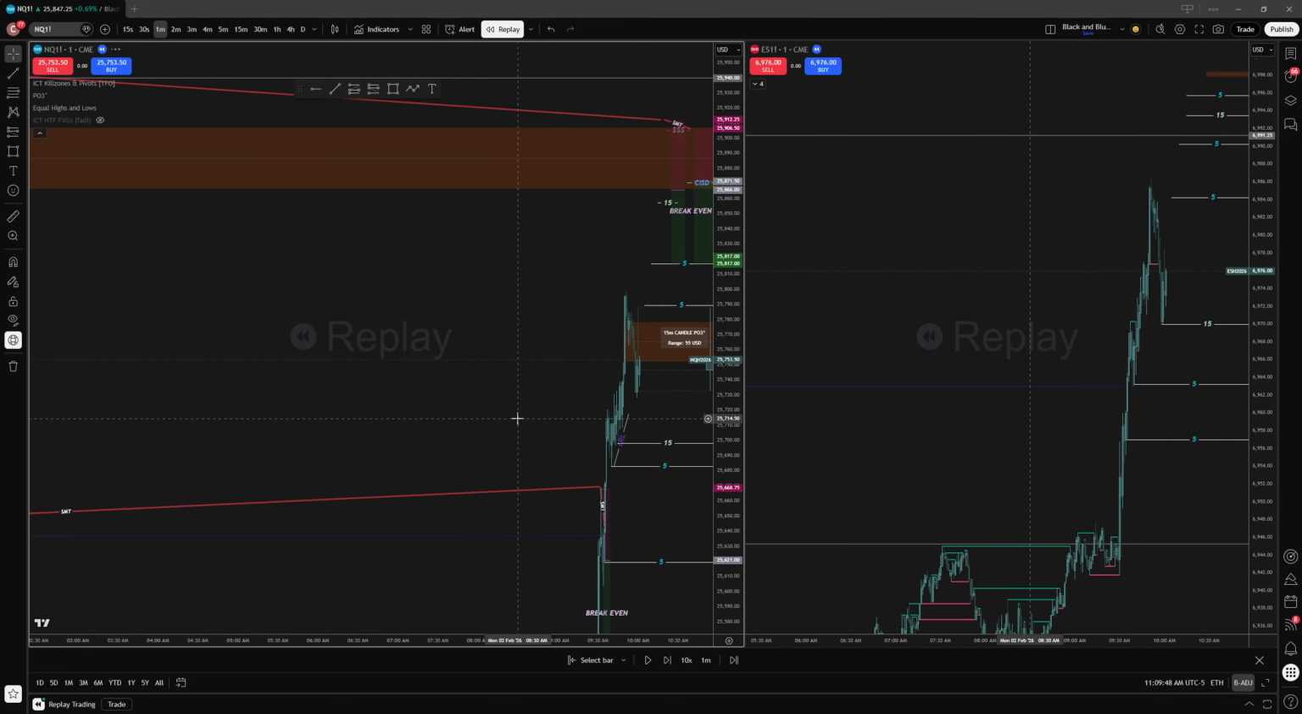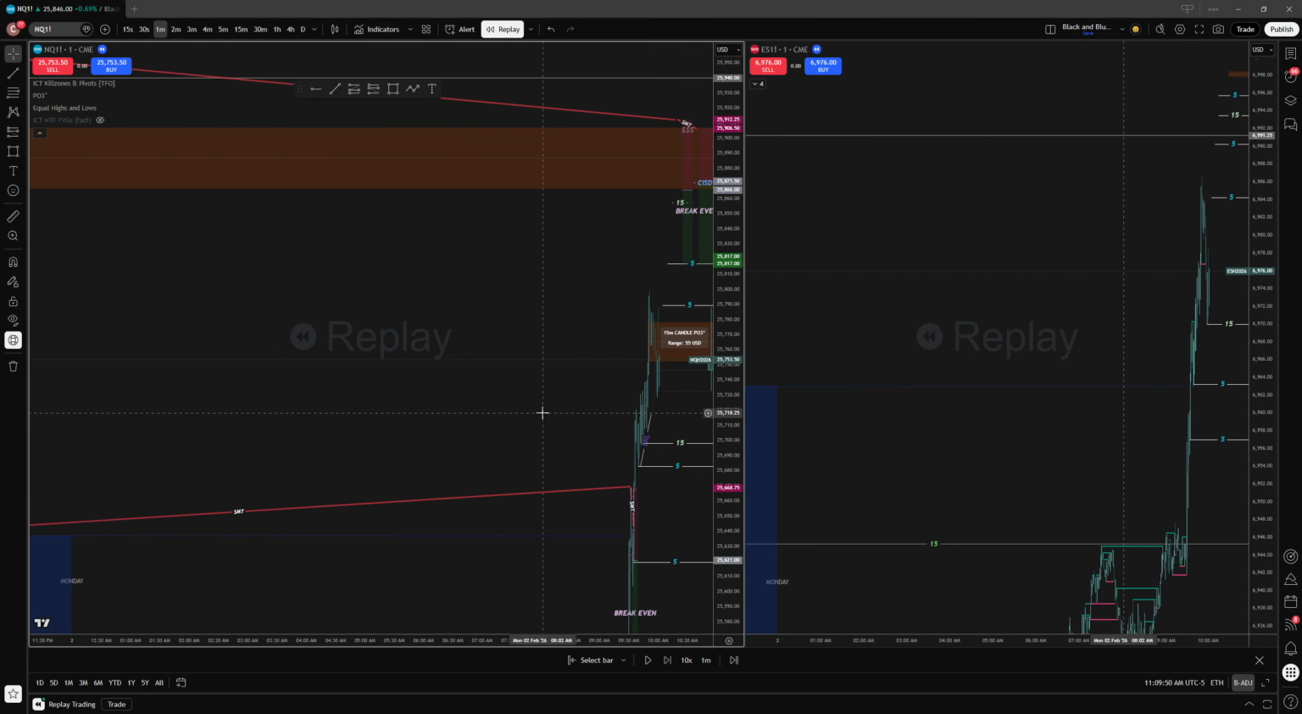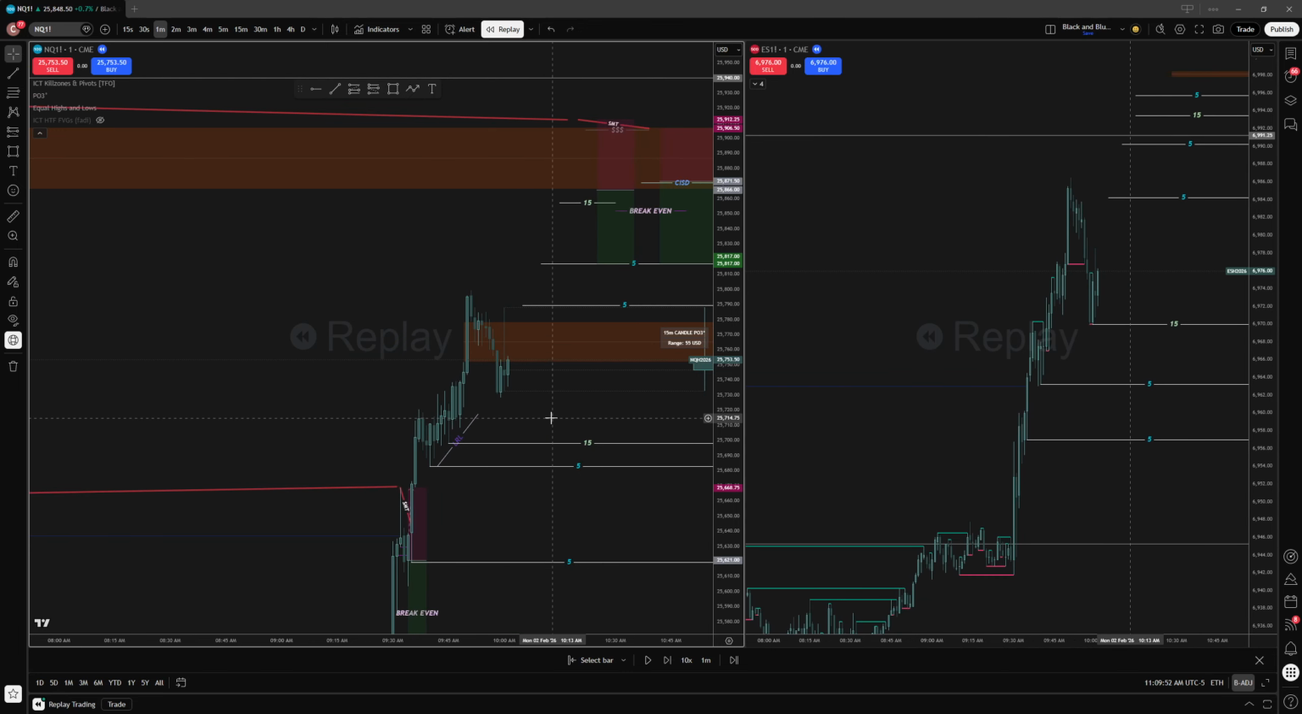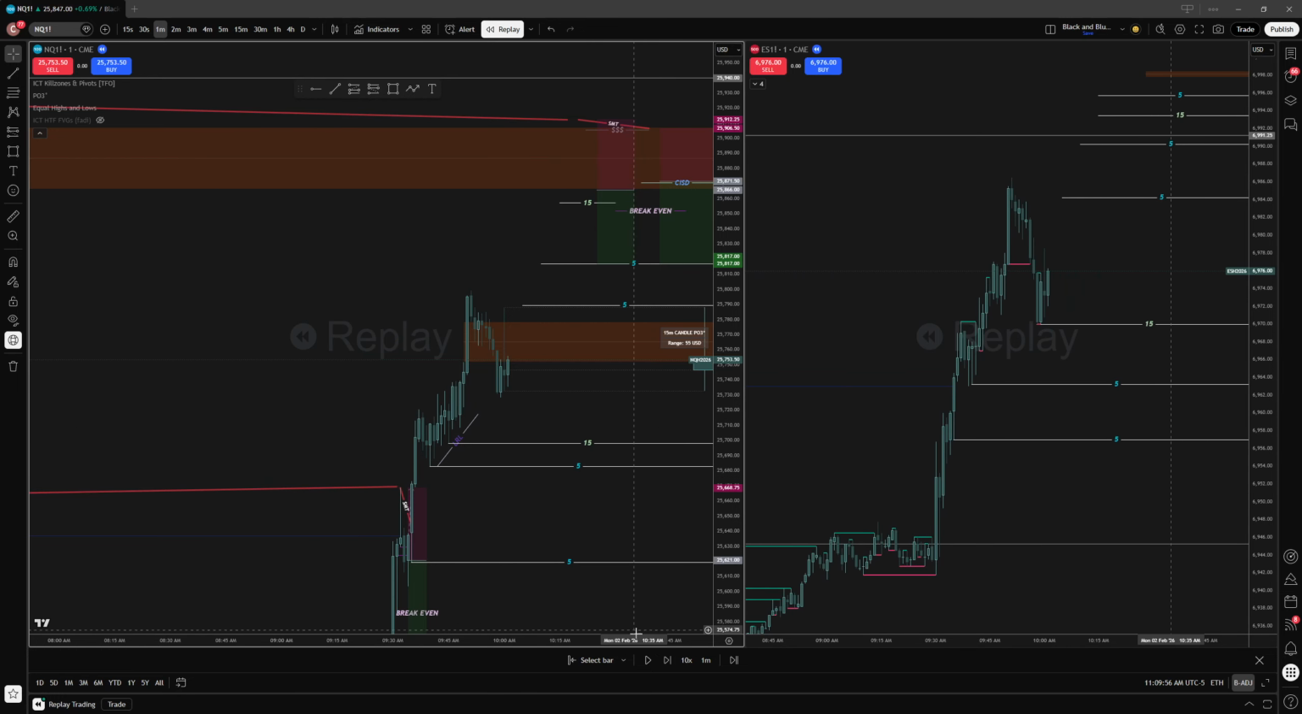I faded this just because we were so bullish on the higher time frame, and this would be like a mech that wouldn't make any sense, right? So we keep trading, and I did want this to play out. I wanted us to leave